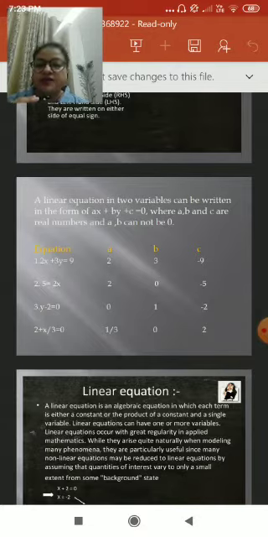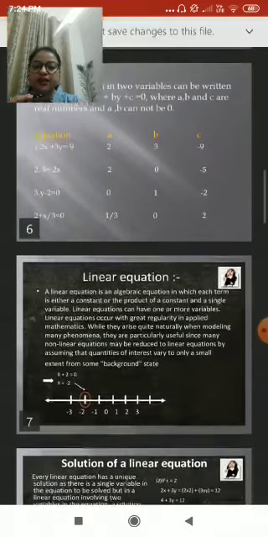Again we take the third example. y minus 2 is equal to 0. Over here the value related to x is nothing, so the value of a is 0, b is 1 and c is minus 2. If we take one more example, 2 plus x by 3 is equal to 0, so a is equal to 1 by 3, b is equal to 0 and c is equal to 2. So this is how, if we ask you to find the values of a, b and c from an equation, you take it out and find it.